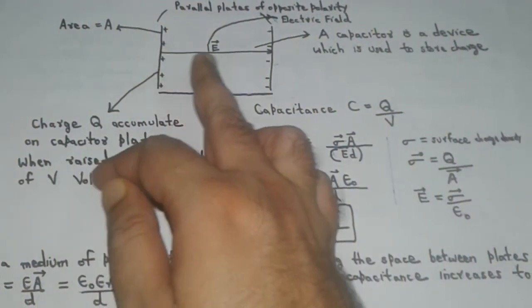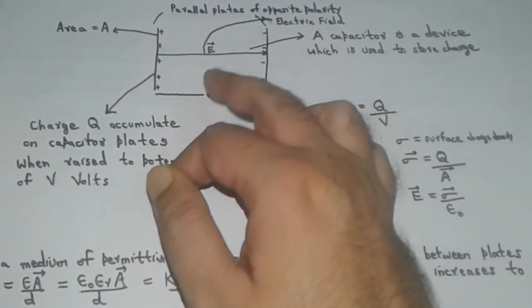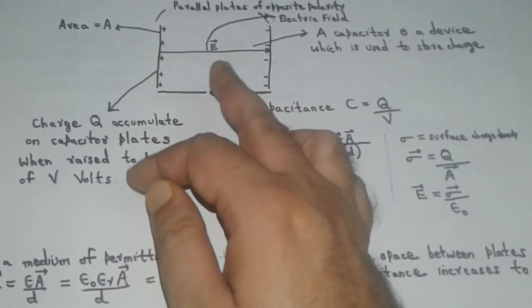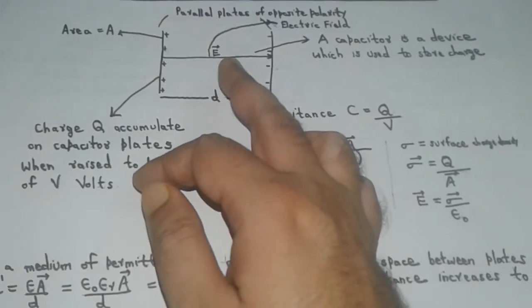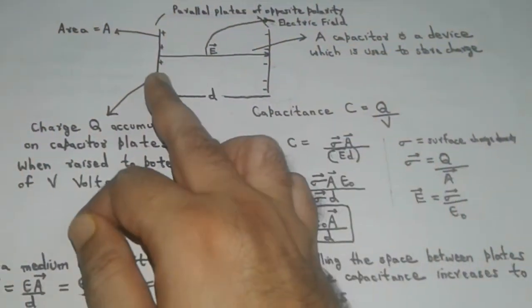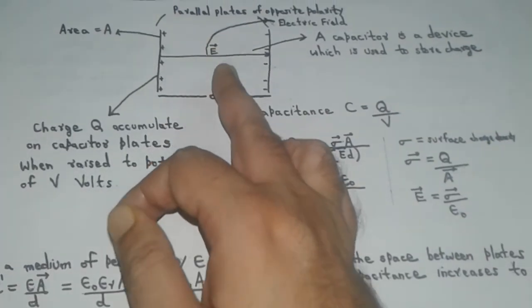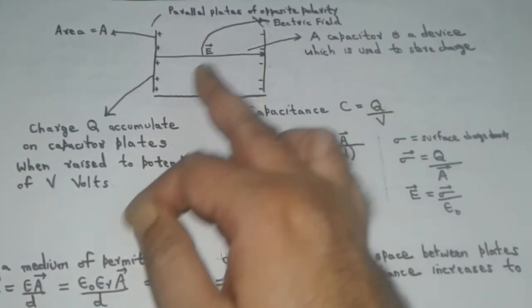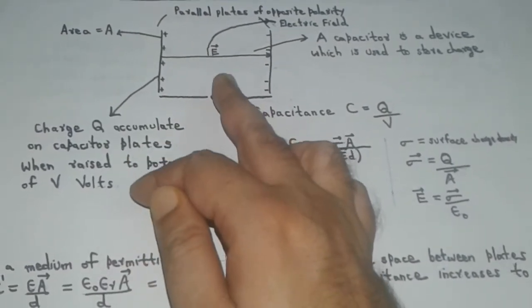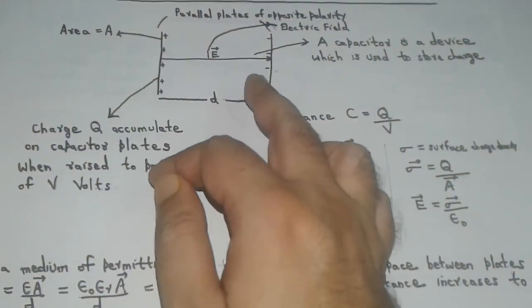On the other hand, the electric field intensity between the capacitor plates when it is filled with a dielectric medium of dielectric constant K reduces to 1 upon K times of its value in the case of free space. Similarly, the potential difference between the capacitor plates also reduces to 1 upon K times when the capacitor is filled with a dielectric medium of dielectric constant K as compared to free space in between the capacitor plates.